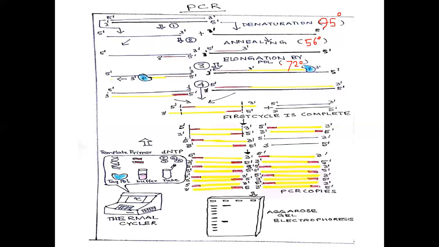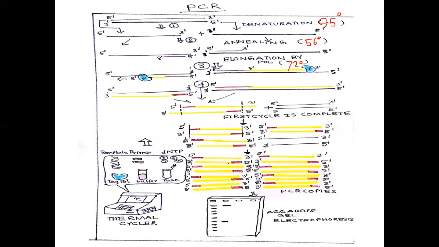At 72 degrees Celsius, Taq polymerase utilizes the dNTPs and some buffers. By using those, it can elongate the region from the 3' end of the primers. Once this has been done, from the selected portions, numerous copies can be generated. Thus, in at least 10 cycles, we can get 1024 copies of our target DNA sequence.